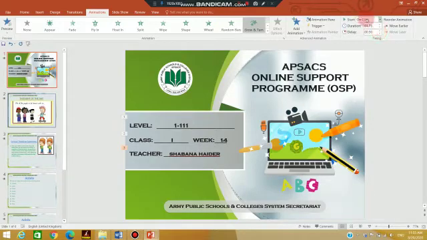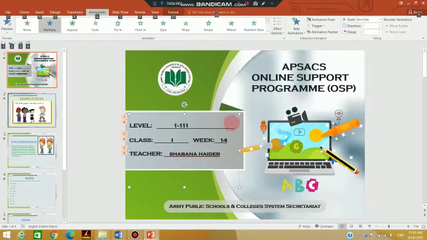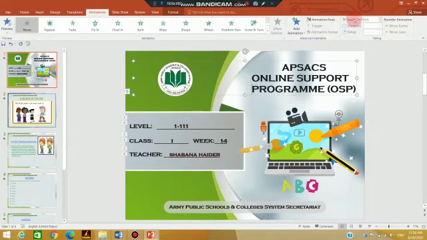If you want the animation to start after a mouse click, you can write On Click. If you want to set the timing as with the previous animation or after the previous animation, it is already done over here. I am adding the mouse click option over here. So let's just play this animation and see. This way you can add animation timings.